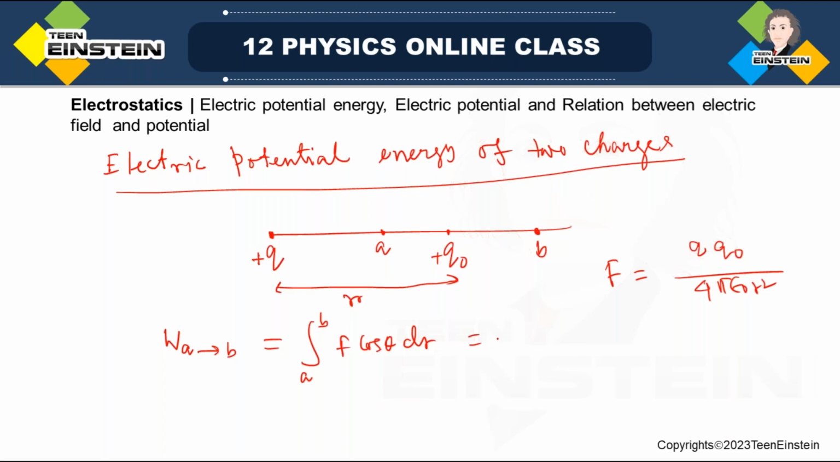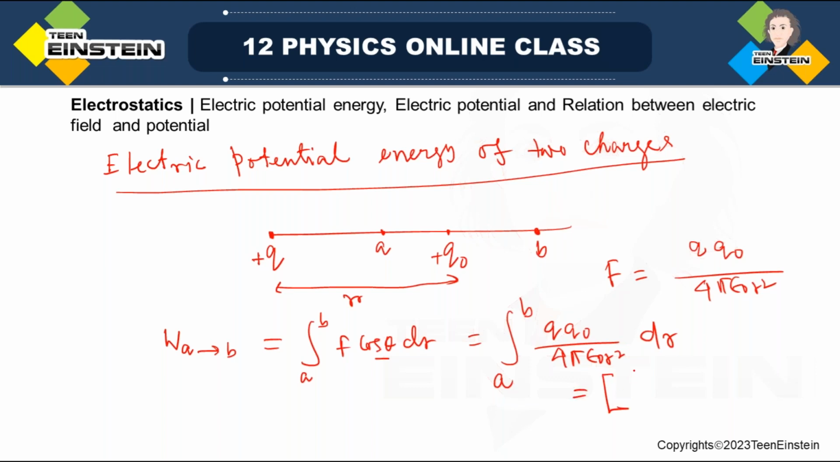Okay, so work done, if we write here cos theta, since it is like Coulomb force will be acting along the direction, along the line of joining. So let us take this cos theta is equal to 1, so A to B, so F is q0 q by 4 pi epsilon naught r square. This is the force and this is dr. Now if we integrate it, what we get,